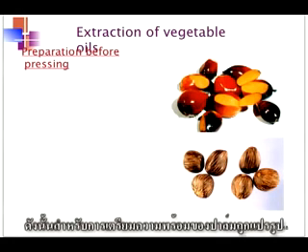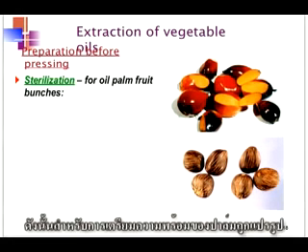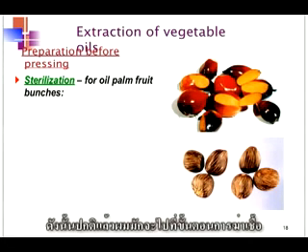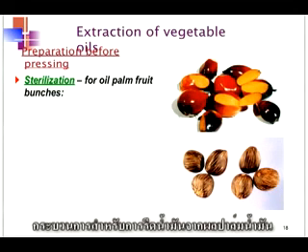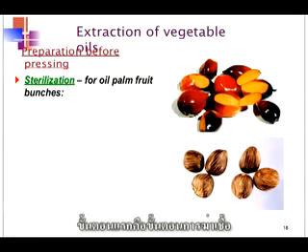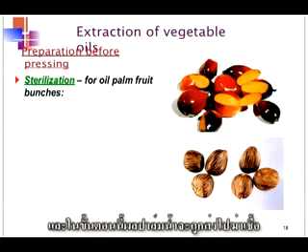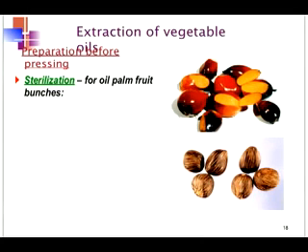So for the preparation of the oil palm fruits before processing, we usually go through the sterilization process. Before pressing out the oil from the oil palm fruits, the first step is sterilization. In this process, the oil palm fruit goes through the sterilizer. The function of